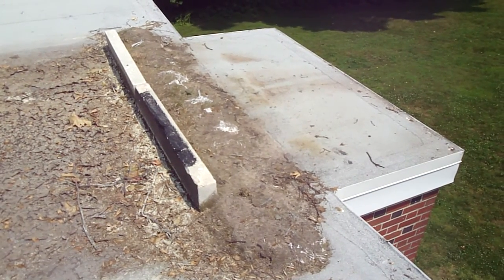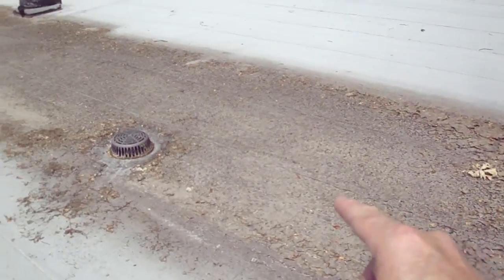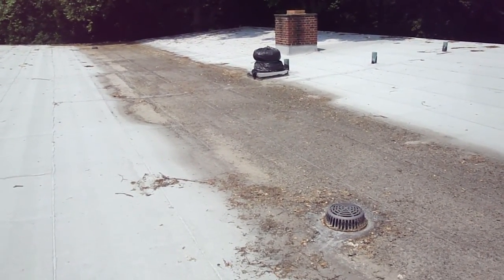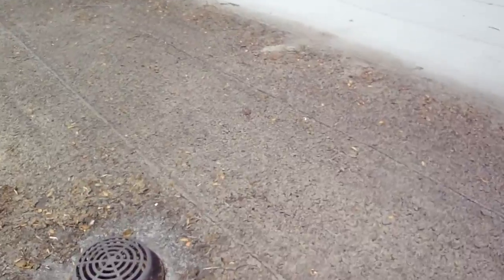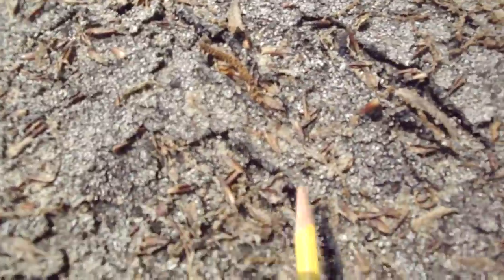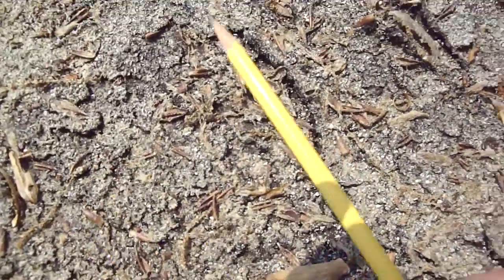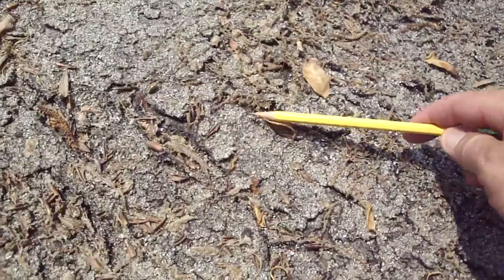writing. But aside from this nuisance problem with the water spilling over, your real problem here, which is going to be an expensive solution in the not too distant future, is going to be how do we save the center area. If we get down and look at it, anytime you see these seams starting to act like this, you can see the seams are just coming apart here. This is part of the seam from this sheet to this sheet. This is where they connect, and all this stuff is coming apart here, and that's just because it's been saturated for so long, and